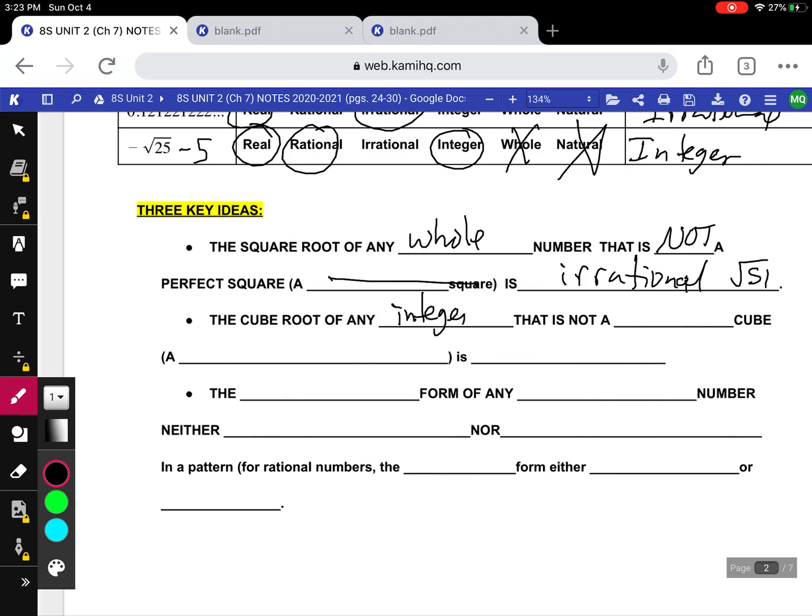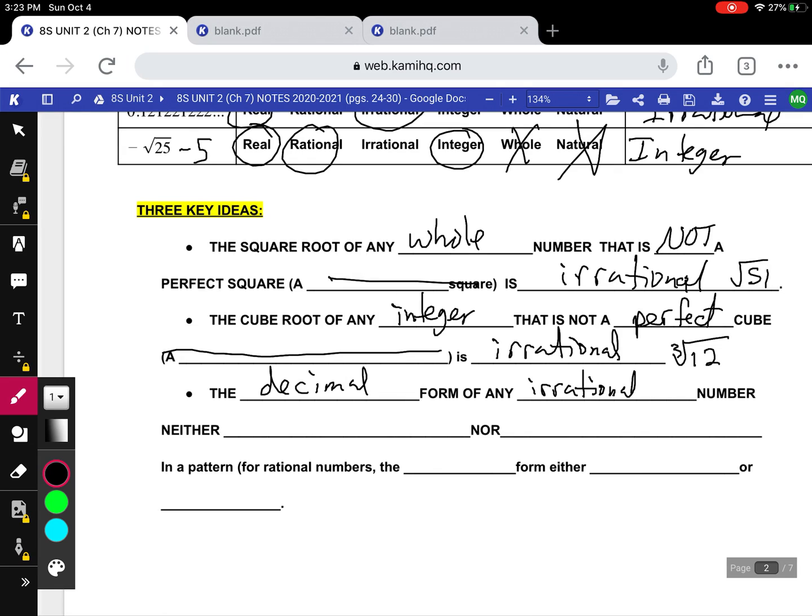Okay, the cube root of any integer that is not a perfect cube is also going to be irrational. Okay, because it's going to give me a decimal that keeps going on forever. So let's say the cube root of 12. That is not a perfect cube. It goes on forever. Okay, and then down here we're saying that the decimal form